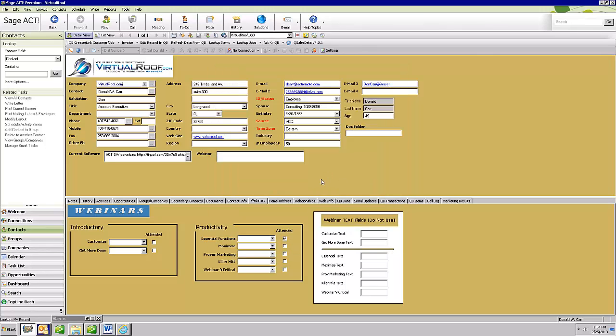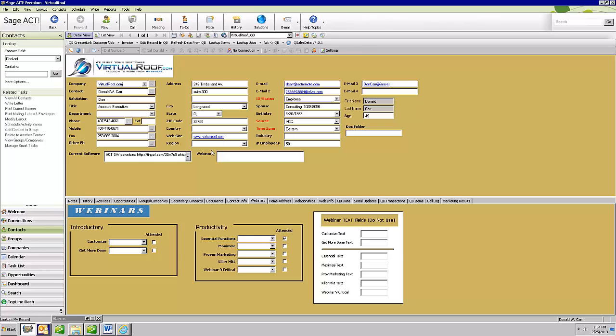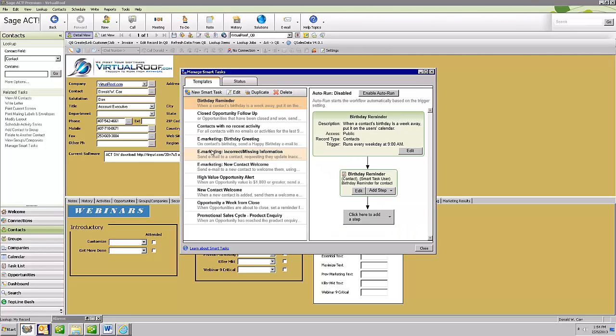All right, let's move to Smart Task. If we go to schedule and we go to manage Smart Task. And by the way, as a hosting company, this is one of the things that we do for our customers. We help them set all of this up. So they're actually able to go in, or we show them how to set this up, and we do a lot of it for them, so that they can implement their